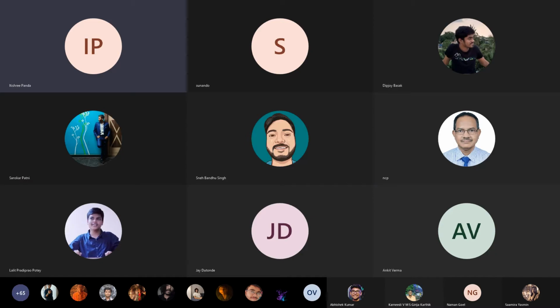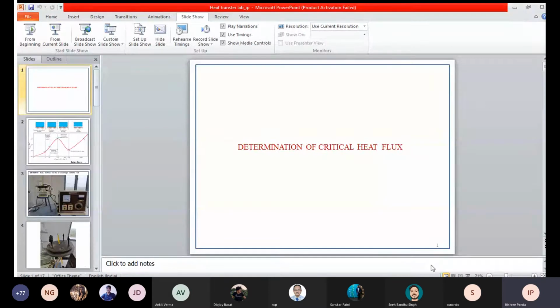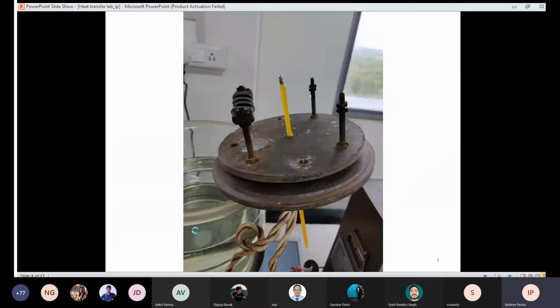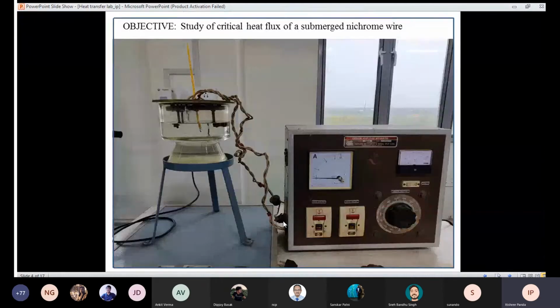So let me share the presentation again. You all understood how this works, right? But the thin wire here we can't really see, no matter the situation. If you have any questions, we are going to discuss the questions at the end. So I'll go to the next experiment and then we can discuss the questions after that.